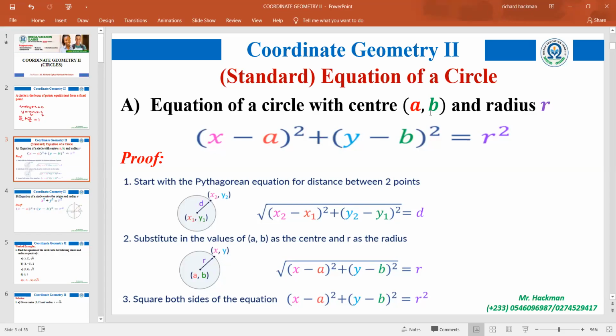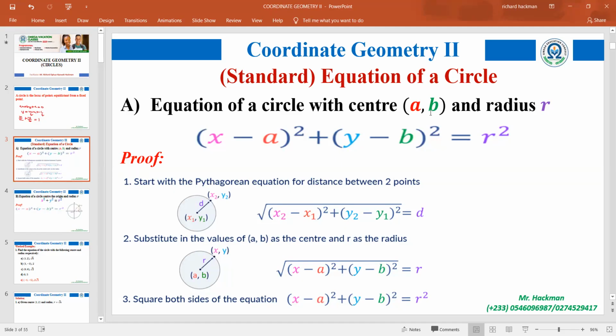That's the coordinates of the center and the radius. Is my point well made? Yes, please. So lines: gradient and a point. Circles: center and a radius. If you are able to get these two from any question, you are good to go in terms of extracting the equation of